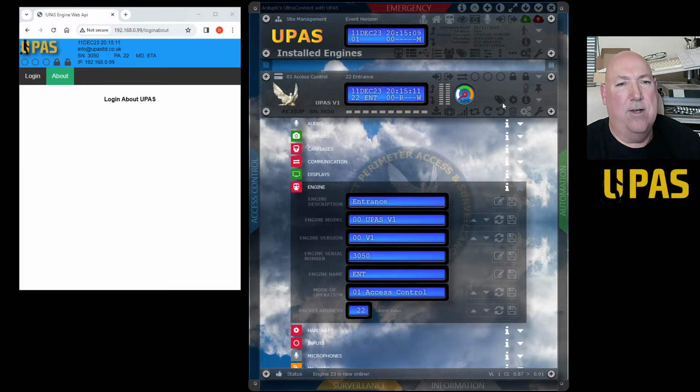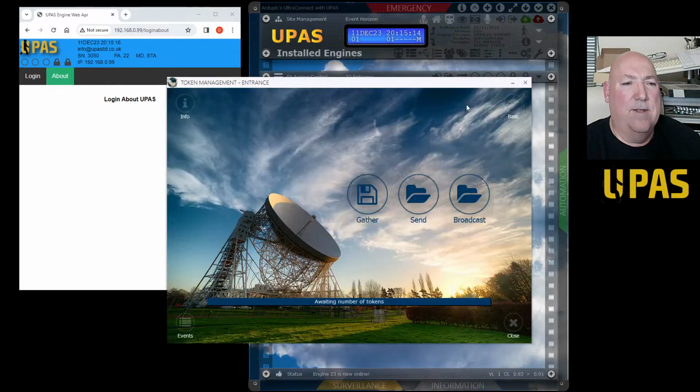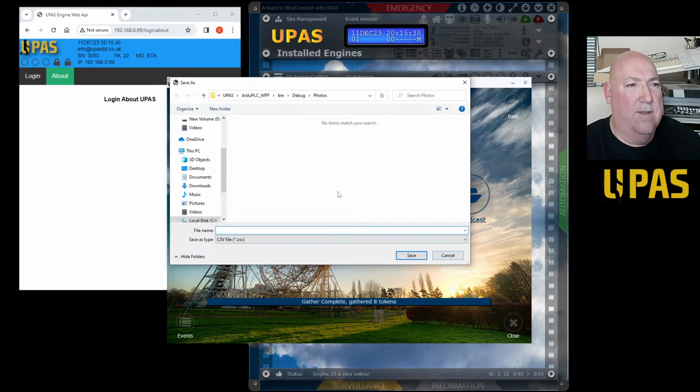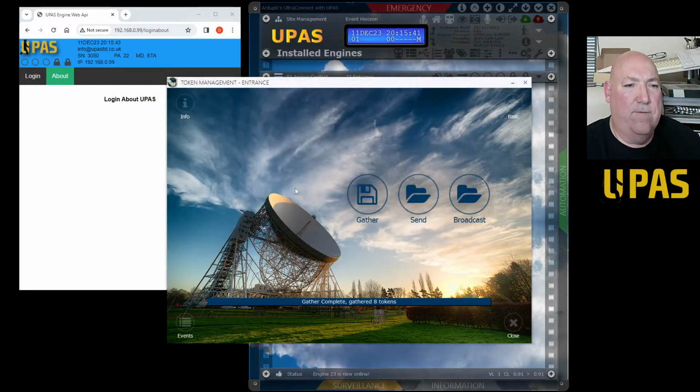So if you want to have tokens on the system, this is the token management screen. Right, so waiting number of tokens. Why is it a waiting number of tokens? Gather. Engine report, it says 1 of 8 tokens from engine. Gather complete. Yeah, so it's going to try and save it. So if you don't want to gather and save or send or broadcast,